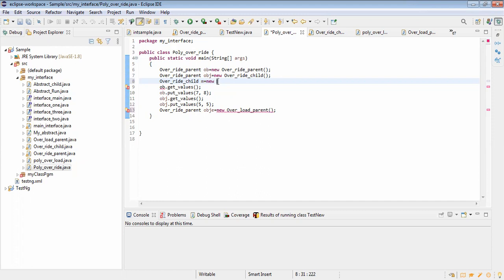You can create an object in 2 ways. One: override child obj equal to new override child. That is as usual. The second way is override parent obj equal to new override child, because in the override child you have 2 classes, so you can create an object for both classes.